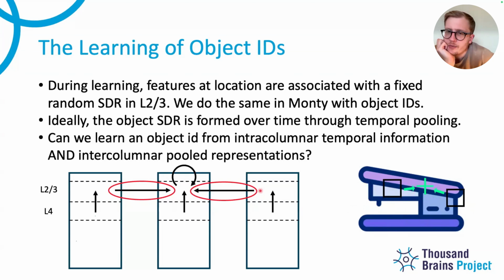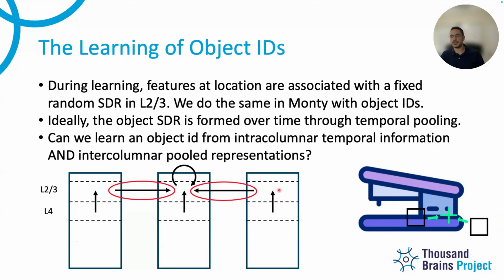But in terms of voting and shared spatial information, is it fair to say that a key part of the proposal is that you're learning an association between specific locations in one reference frame and specific locations in another reference frame? Locations and features. Whatever comes up here in the object ID is the hypothesized object ID, but when building this object ID, you're building it from features and locations. It's not a random SDR.